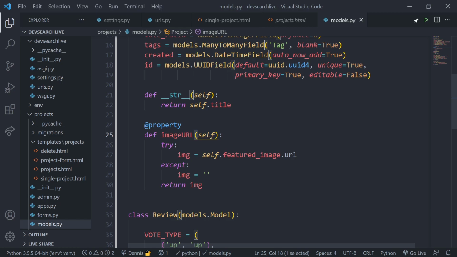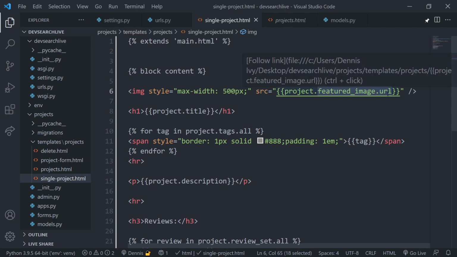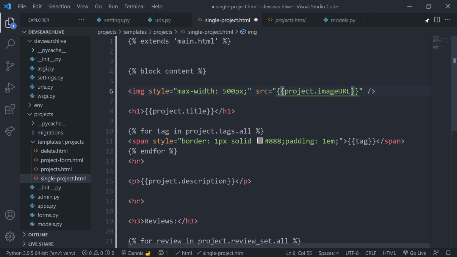So we set that as a property, and then we take this image URL, which is going to be an empty string or the actual image URL. So now in single project, I can actually get rid of all of this right here, and we're going to do project.image URL, and that's it. So if I save and refresh that,